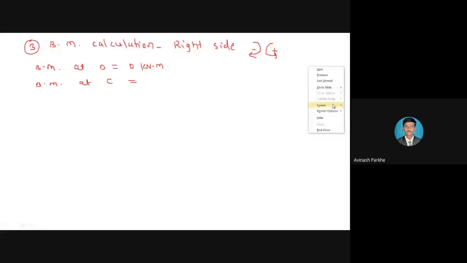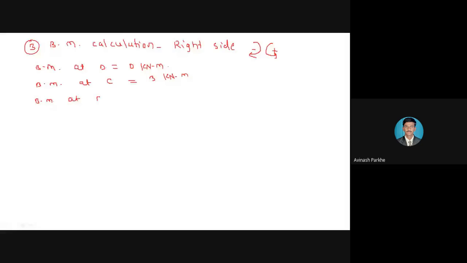Anti-clockwise couple or anti-clockwise movement, we have to take it as a positive, because we are starting from the right side. The magnitude of the couple as it is, 3 kilonewton meter. Don't multiply by the distance, because it is already given in kilonewton meter. Then BM at